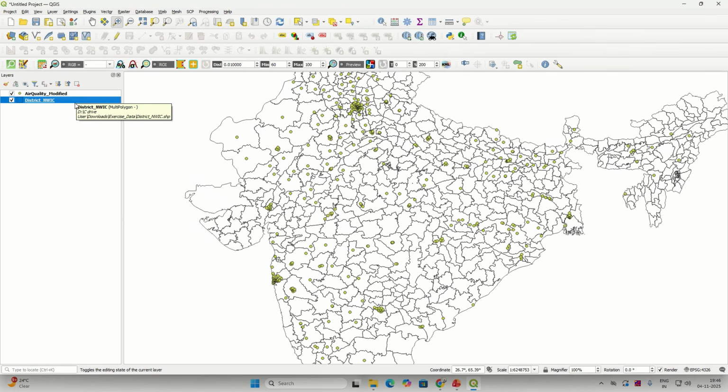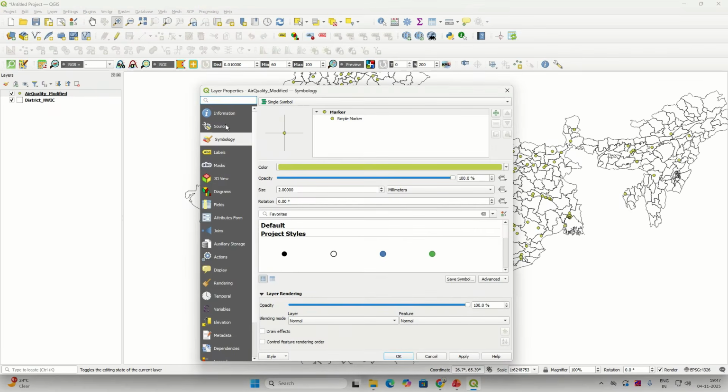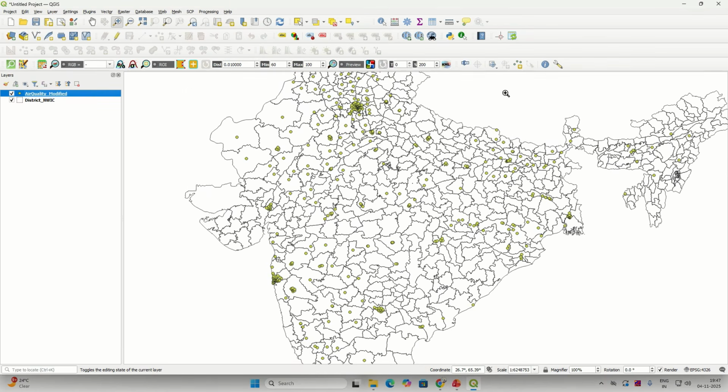Before that, both these layers should be in the same projection. Now let us check your air quality. How do you find the projection? What if these layers are not in the same projection? It doesn't matter much, but always whenever you are doing any geospatial analysis, you have to reproject all layers into one projection system. Now we have learnt about this right side